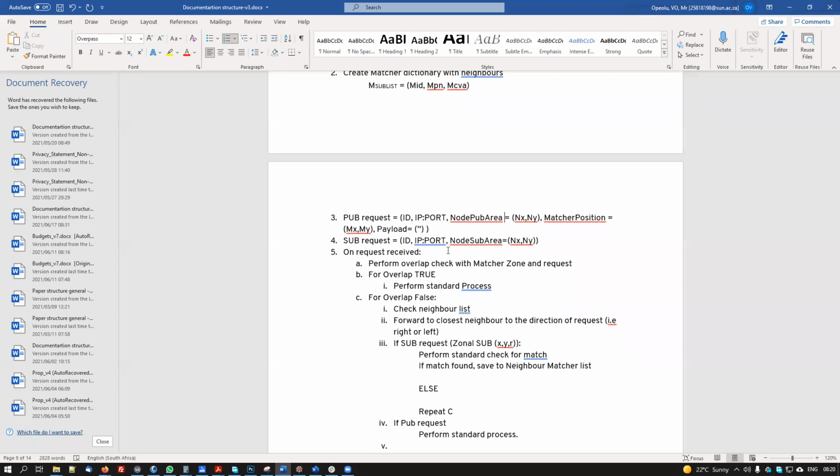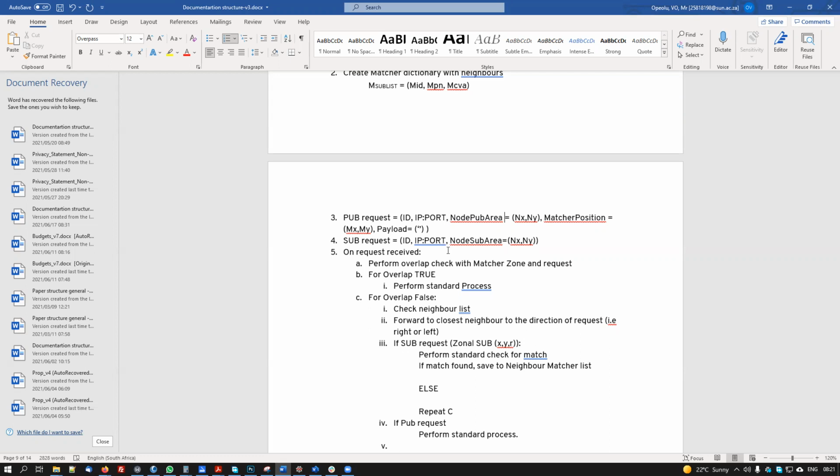The peers don't know anything about one another. All the peers in this large area are not managed by one big super peer, but by local peers. These local peers have knowledge of their neighbors only, not of all the matchers in the system. In a decentralized context, the super peer or super matcher does not manage more than it can handle.